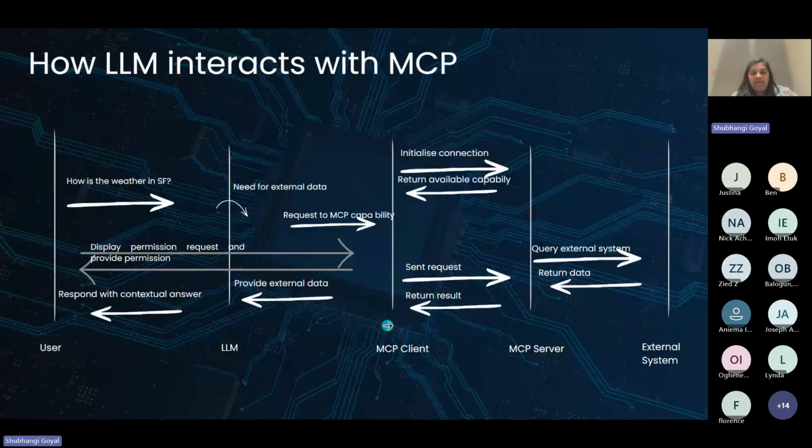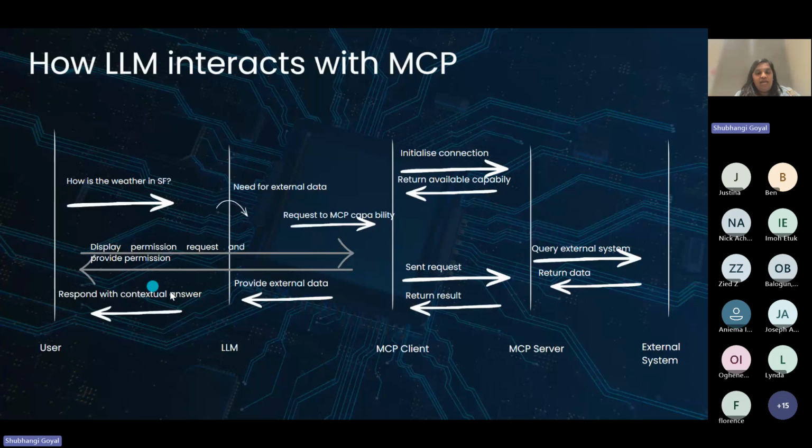Once it goes back to the MCP client, it gets passed to the LLM. So now the LLM has its own knowledge and it also gets the external data. It has two things now. At this point, the LLM is able to provide me an answer, which is the latest weather in SF, in a form that is more relevant and up to date. So this is how it works with large language models.